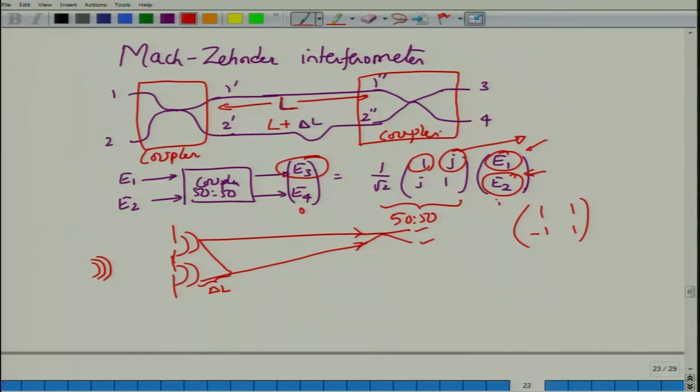Okay. In the setup wise they might not look the same, but in operation wise they are actually the same. We already know how a coupler would split the signal. So, let us say the signal at 1 prime would be of amplitude E1 by root 2. I am sending signal only in the first port, no input in the second port.